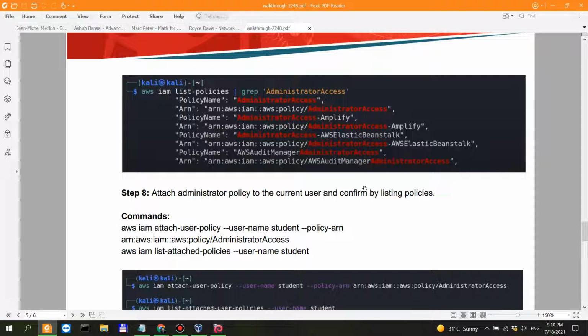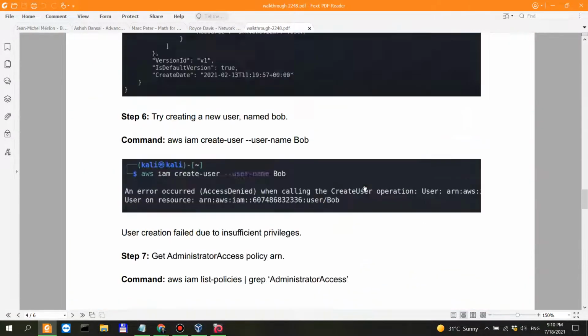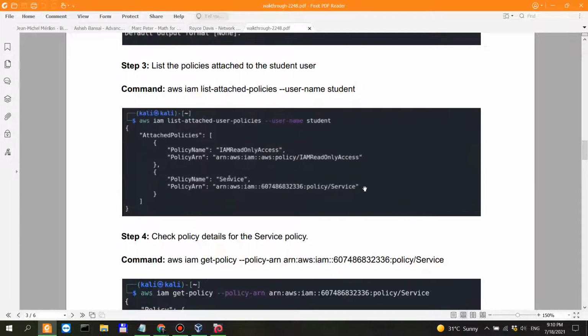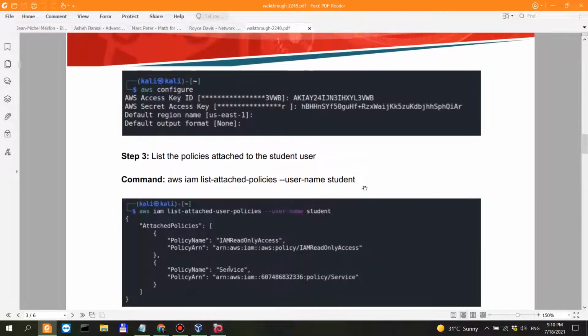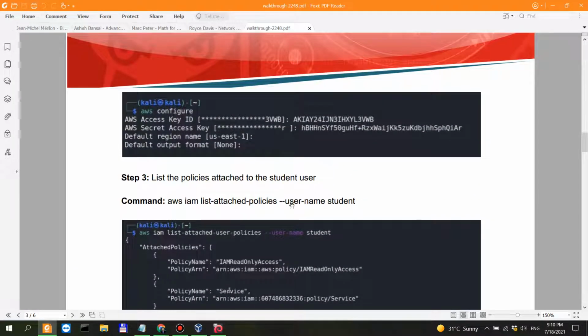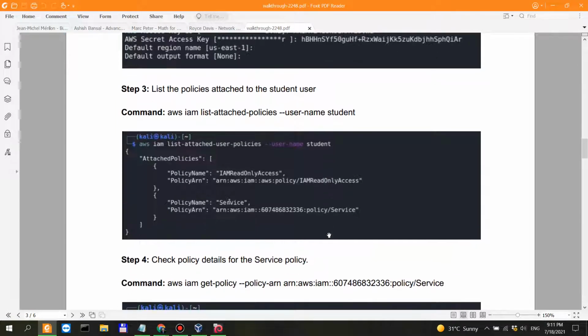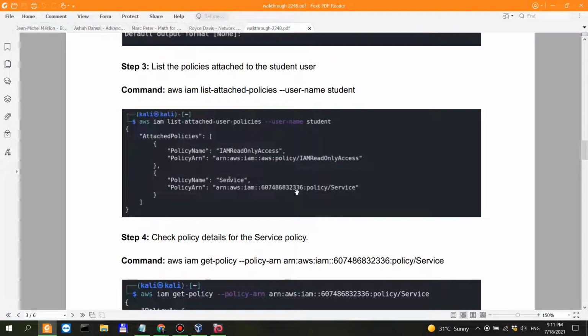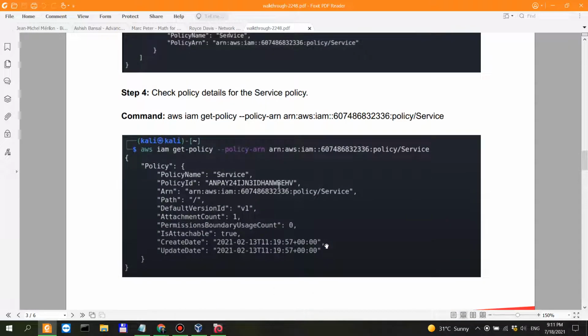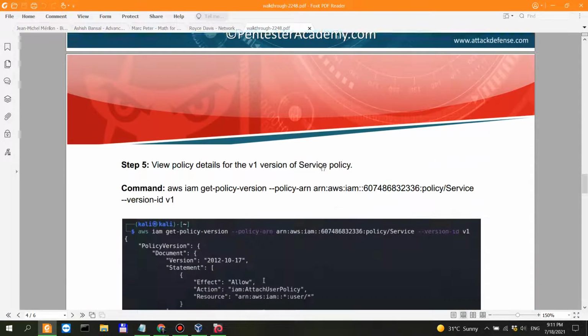As far as I understand, when you are able to look into the policies, you have a service policy attached to the username, and this service policy probably allows you to attach other policies